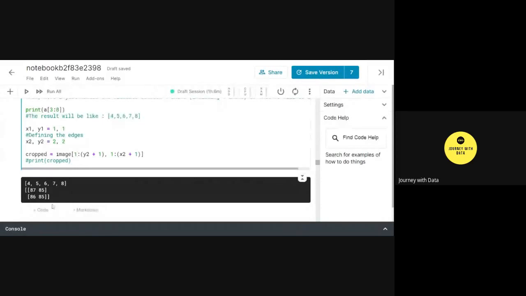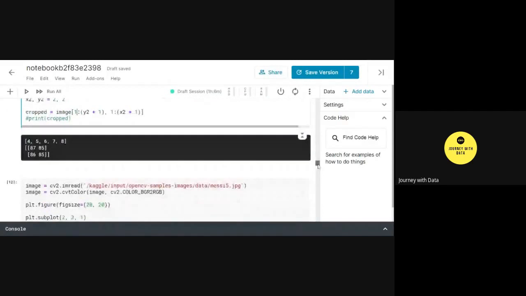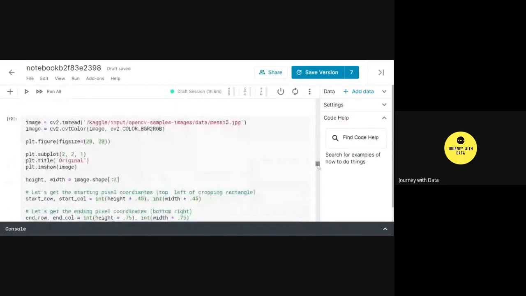If you notice here, the image is being cropped in terms of dimensions. Now let's see how we actually crop an image by running a code. Slicing is the main intent for image cropping.